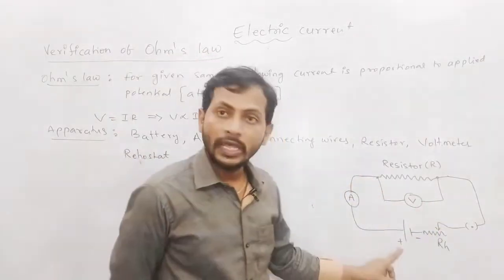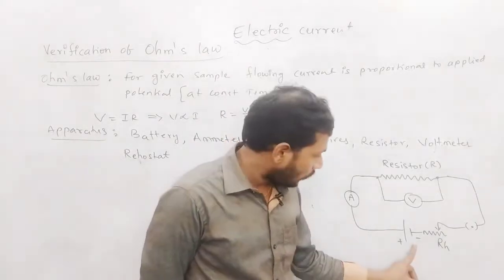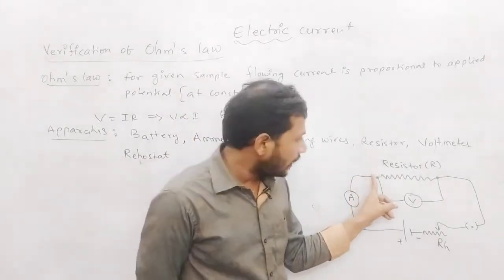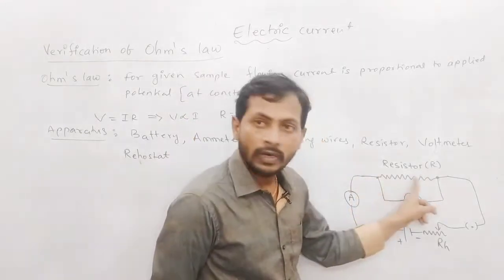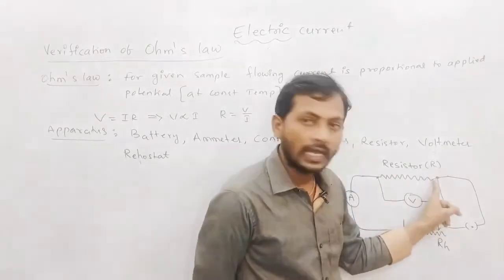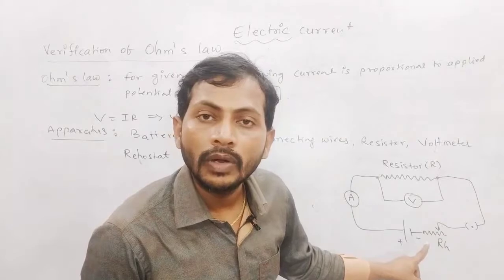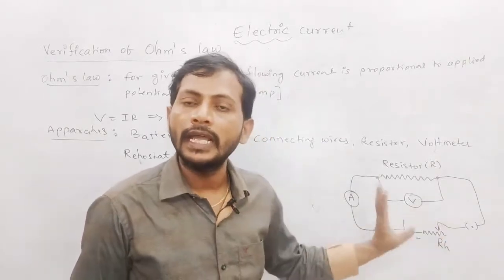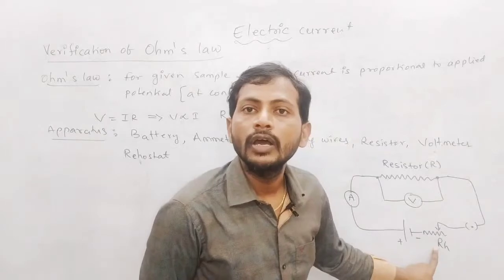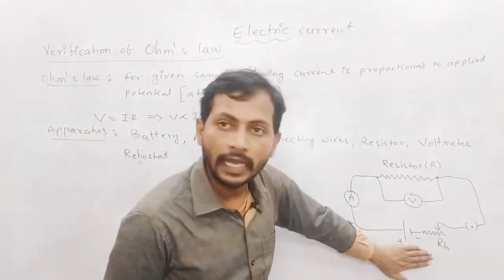Sir, when I want to do the experiment, I required one battery, that's why I have taken one battery. From this battery you gave one connection here, sir, and here it is connected to the resistor. To measure the potential difference, you took the voltmeter, sir. If you learn the diagram, you will learn everything. And to change the current, I have taken the rheostat.